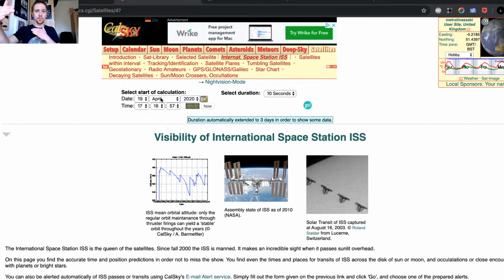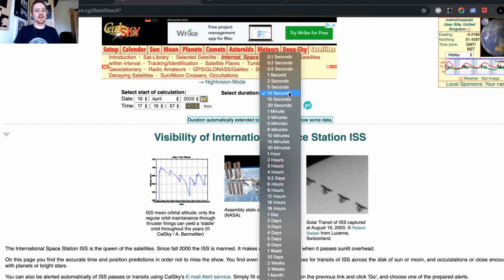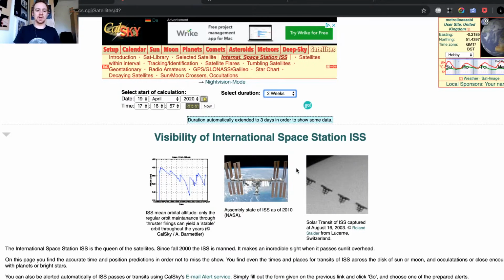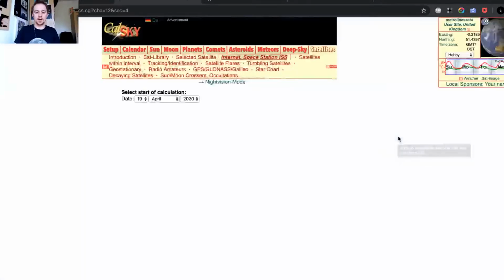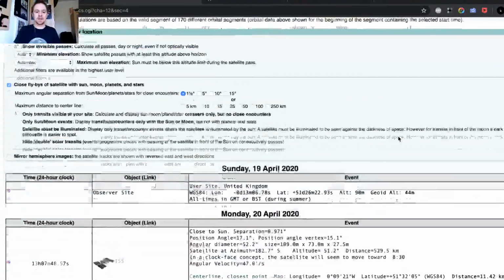It will show you all the predictions from then, and be careful because the select duration is 10 seconds by default. So it's ideal if you choose, in my case let's say 10 days. I know it's going to start at 10 days, so 2 weeks. So if I press go, then it should now show me all the passes that I can expect.